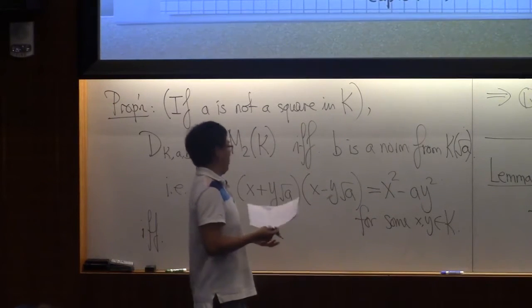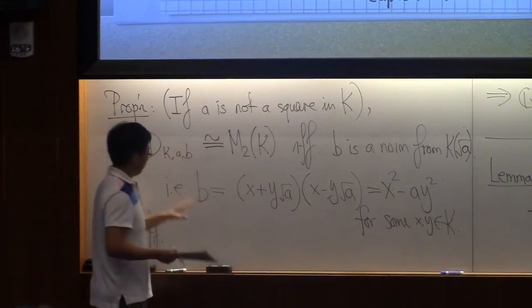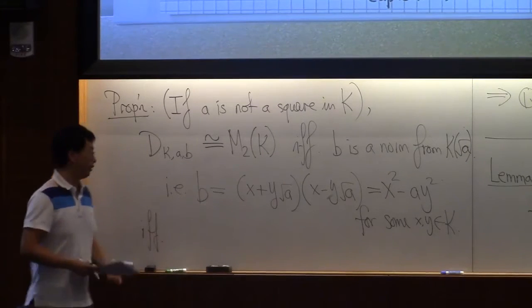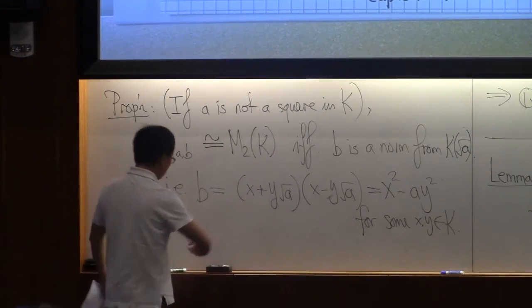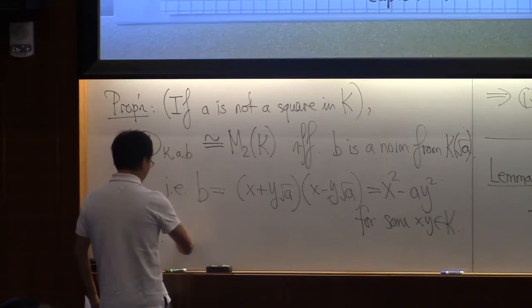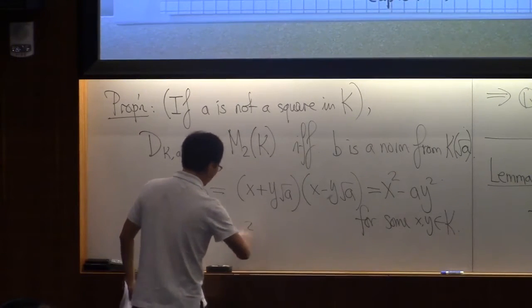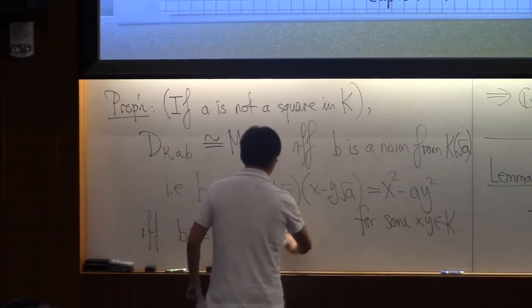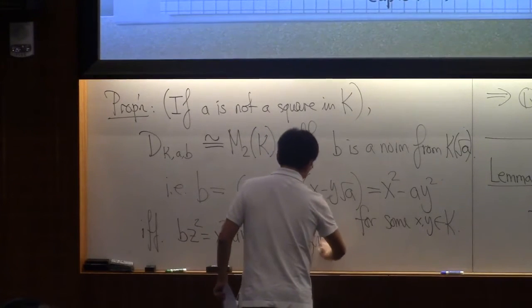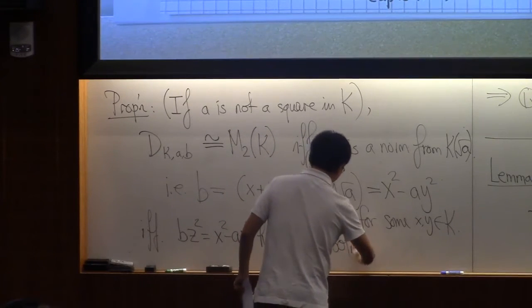It's not very symmetric. Sometimes we'll actually homogenize it. So that's equivalent to saying that BZ squared equals X squared minus AY squared has non-zero solutions